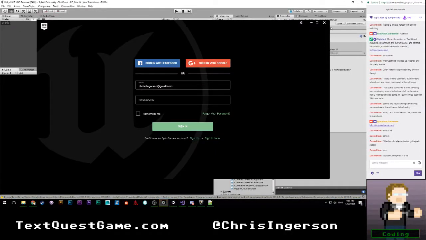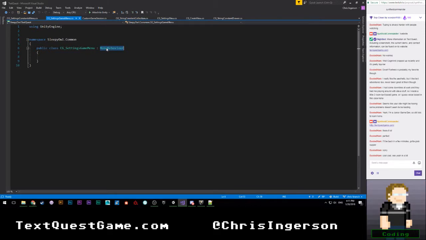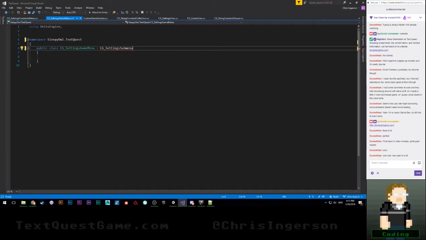Open Unity again, let me close you. And let's see here. So for the settings submenu, we're going to go ahead and say it derives from, hold on, TextQuest. So it derives from CG underscore submenu. Okay.